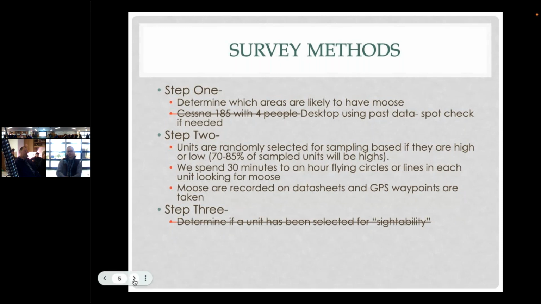Because we fly half of that unit again with twice the intensity and in the opposite direction from how it was originally flown. So if we originally flew east-west transects, now we're going to fly north-south transects. And we're doing our lines twice as tight and looking for moose and seeing if we pick up any additional moose. This year, I eliminated this step, even though I really believe in sightability correction, because we never see all the moose that is there,